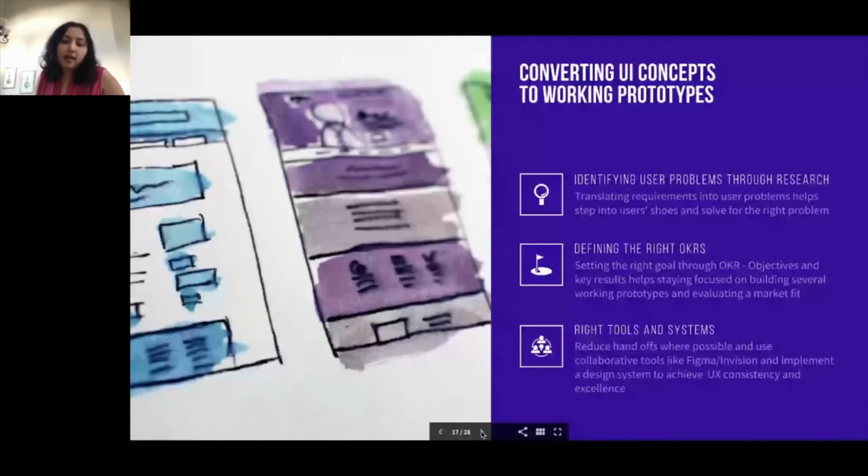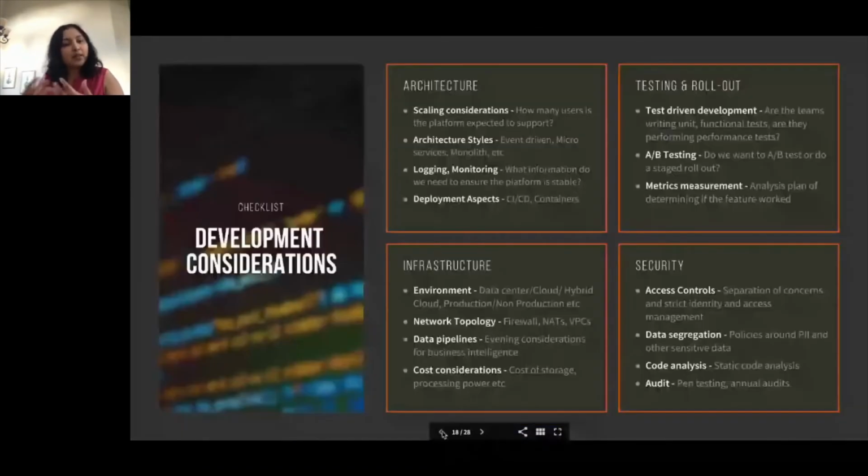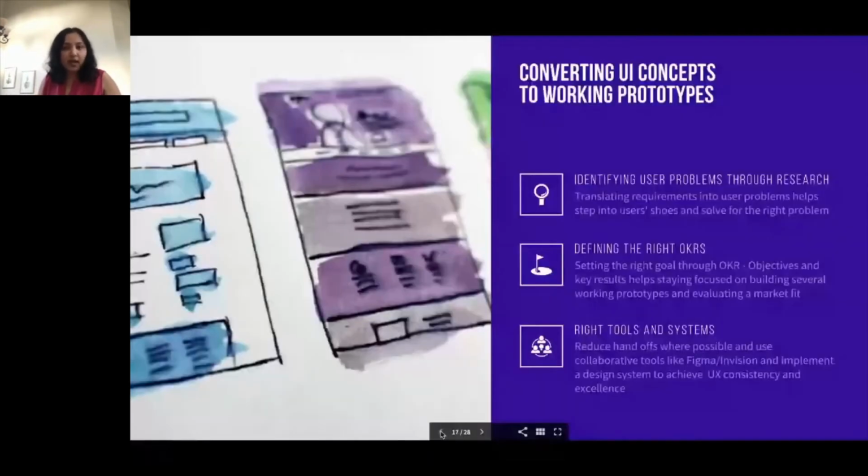And secondly, once you have that goal, you need to define a path to accomplish that goal. Still on the previous slide, please. How do I validate if these paths are right at each and every step? That is your OKR. At my company, we define objectives as user problems we want to solve first. And then key results are the results by which you want to validate if these problems are solved. You can treat these as metrics.